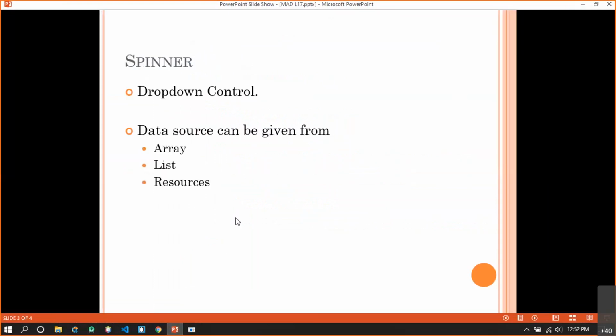Okay. Now the next control that we have is again one more choice control, and we are calling it a spinner. Now here you might have a confusion. What is a spinner? A spinner is nothing but simply a drop down control. Most of the time in AWT or in Swing, you have seen something called a combo box. The same kind of control is available in Android, but this time they are calling it a spinner. So remember, a spinner is nothing but a drop down control, which consists of n choices, out of which we have to select only one.